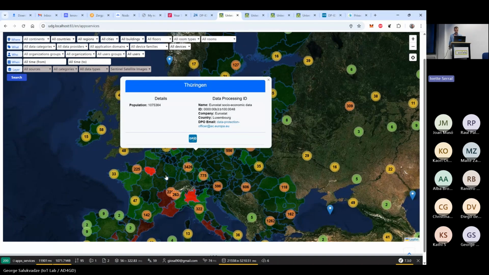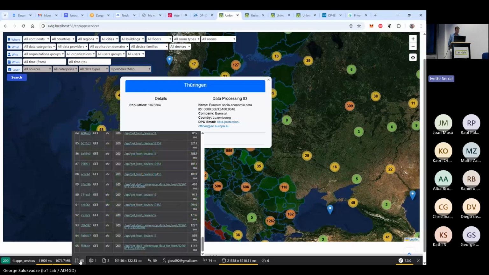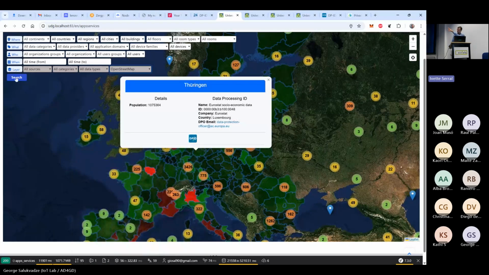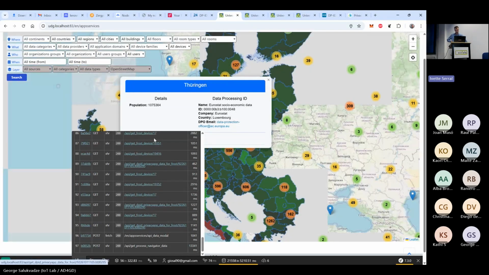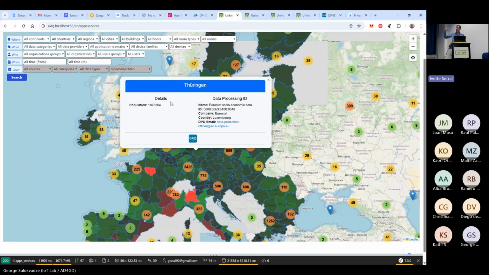Now, we went even further and we added another level. Well, first of all, you can also see that we are able to provide different tile layers for the map. It's going to take a bit of time because I'm connected to VPN, but right now I'm showing the Sentinel-2 satellite imagery, but I can switch to OpenStreetMaps. Yeah, this is taking a pretty long time. We'll let it load. In any case, meanwhile, I will show you another part. Yes, there we go. So I will show you another part, which is data processing ID, which